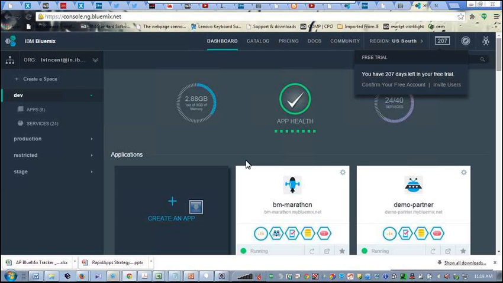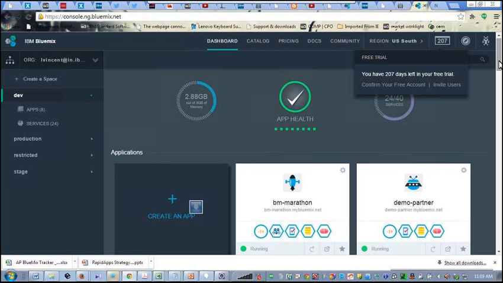Okay, so I just logged in to the Bluemix console. The moment you log into your Bluemix console, this is basically the dashboard. That will be your landing page. You'll notice that you'll be having 2 GB of space and probably 10 or 20 services that you can make use of during this free trial period. And if you just click on the catalog at the top right,